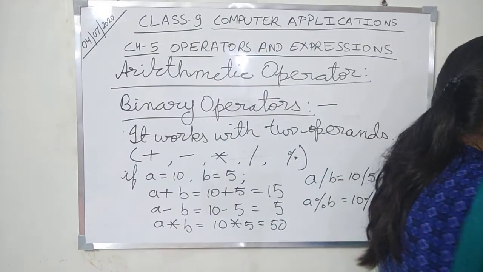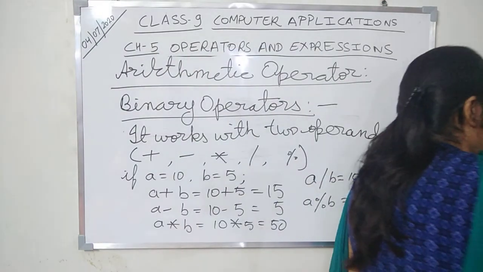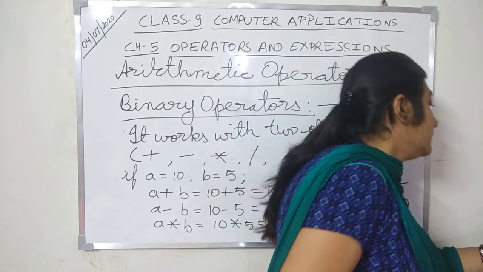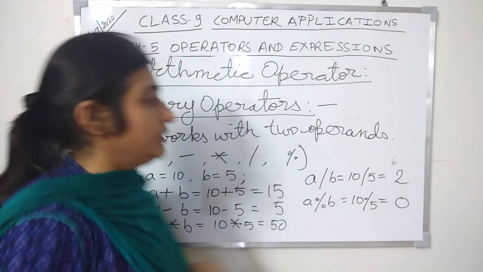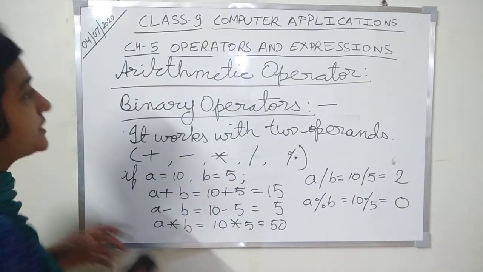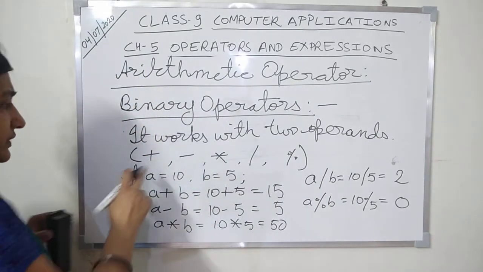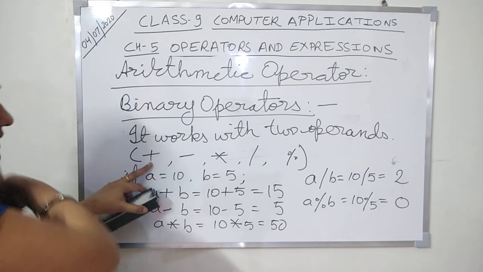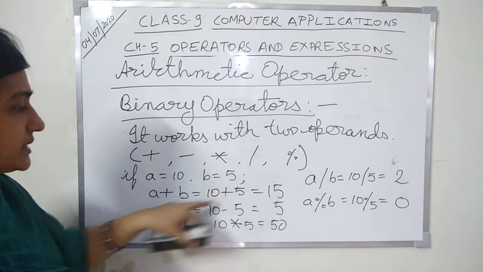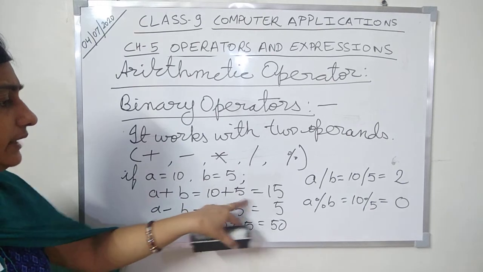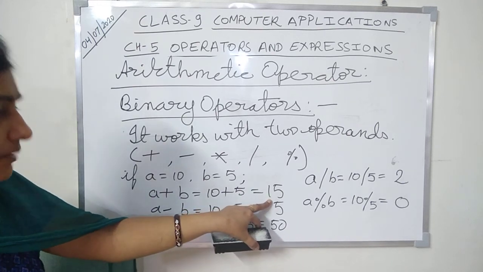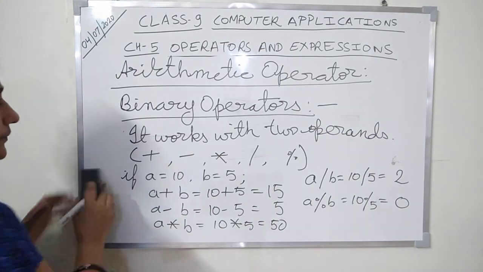Now, next is the operator plus with string. Operator plus with string. You can see here, if we are using this plus sign with numbers, it will produce the result in the form of a number only. But